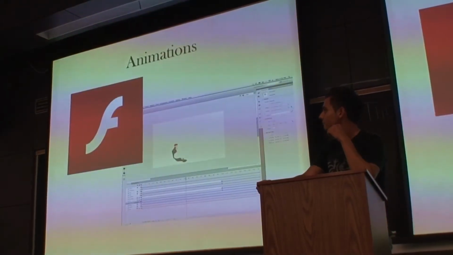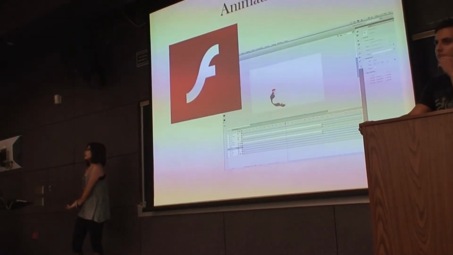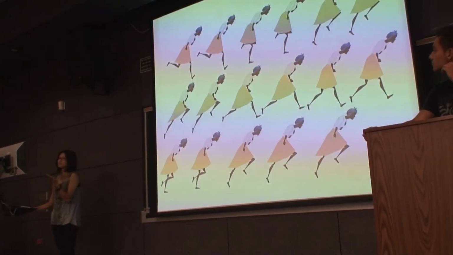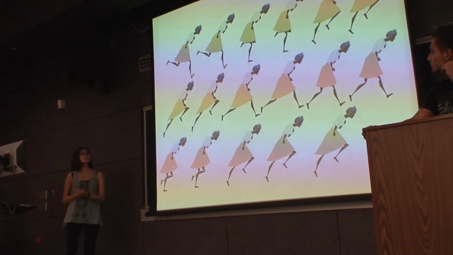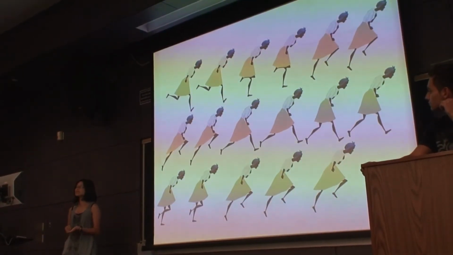In terms of animations, all our animators do our character animations on Flash, and what we do is we convert the frames into sprite sheets. For example, this is a running animation of Azar, our character, so that when we give it to the programmers, they can more easily input it into code.